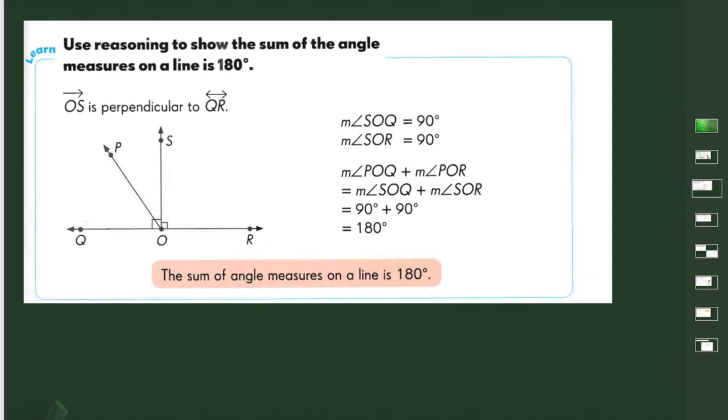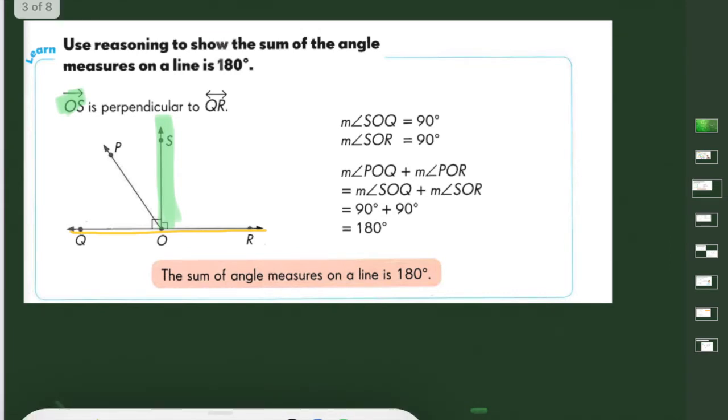Another learning target in this lesson is to understand that we can use reasoning to show the sum of the angle measures on a line is 180 degrees. Let me show you what I mean. Okay, so we know that QR is a line. We also can see that we have some angles on that line. But before we look at that, we can see that ray OS is perpendicular to